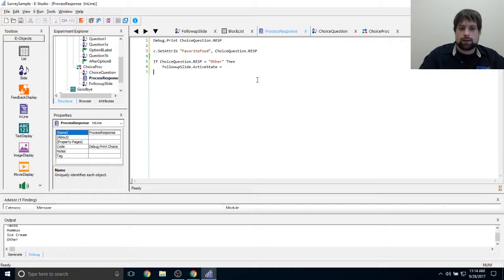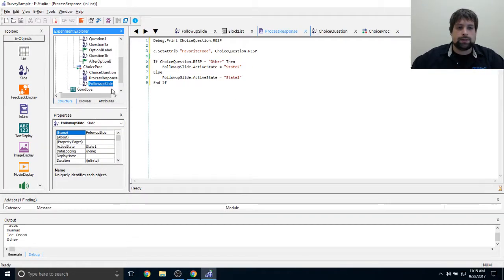Equals, and I'll call this one state 2. And I'll just type else, and I'll do follow-up slide.activeState equals state 1. So what's going to happen now is whenever participants select other, it's going to show them this follow-up slide on